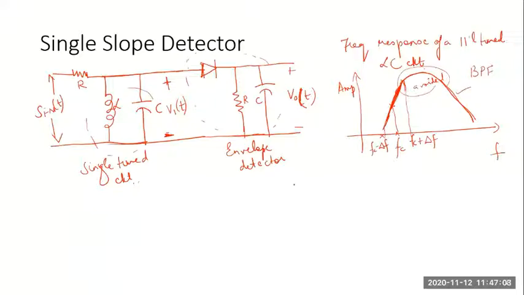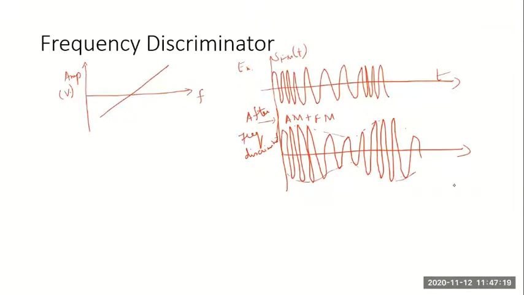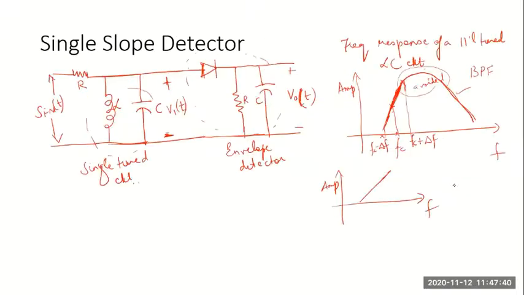What happens here? You get the same characteristic. If I am operating in the rising slope, I'll get the same characteristic like that of a frequency discriminator. We saw in the last slide, see this kind of characteristics. As frequency changes, amplitude changes. So if you give an FM input, you are going to get an output which will be a combination of FM and AM. High frequency components will generate higher amplitude in the final output, and low frequency components will generate lesser amplitude or lesser magnitude. So you are going to get AM plus FM output.